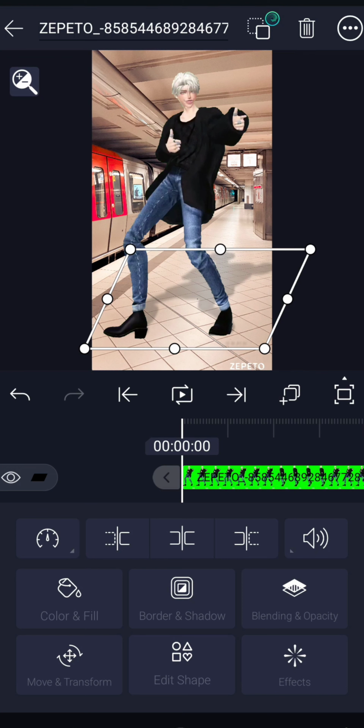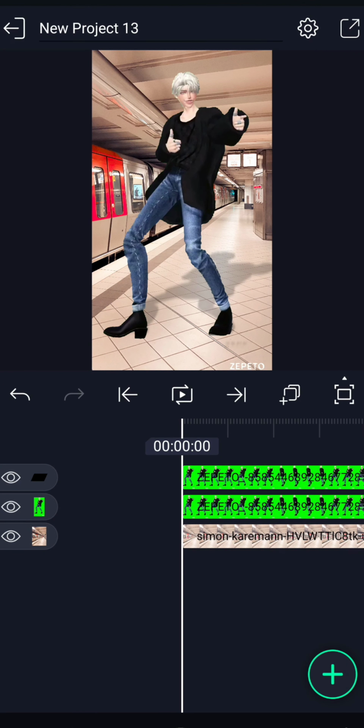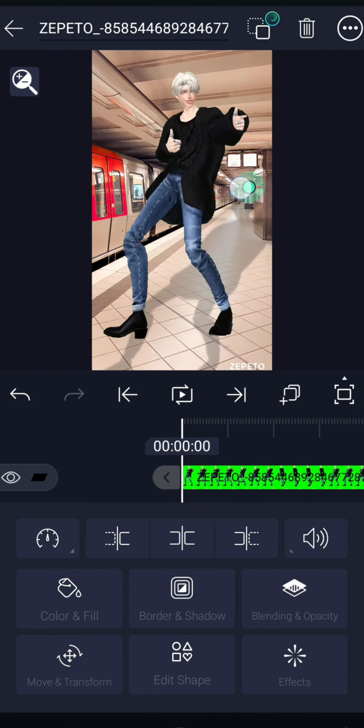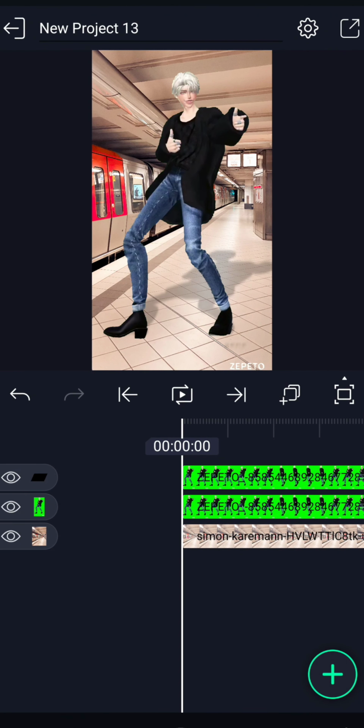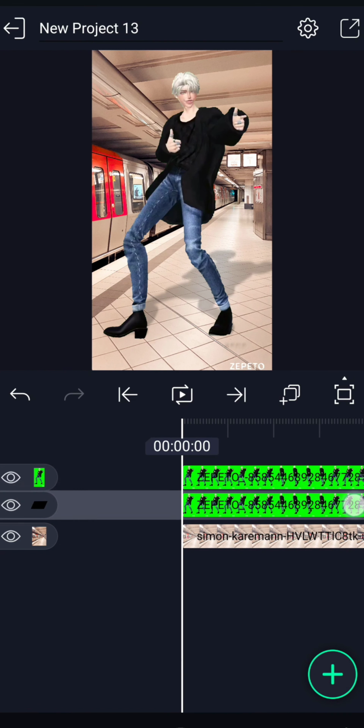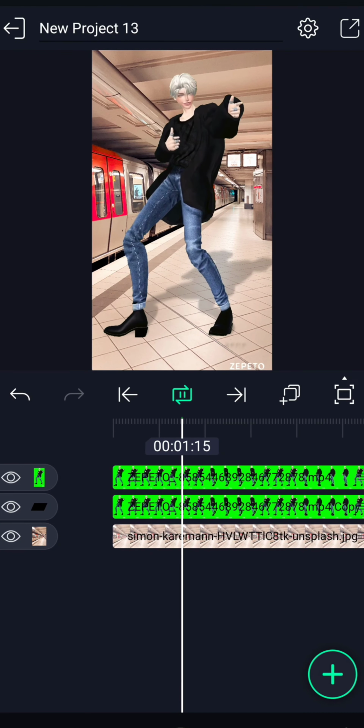So I just resized it just by tapping on the video and then just hitting the resize option. So now we got our shadow on the ground. I'm going to move the shadow beneath the actual video. So now when we play it,